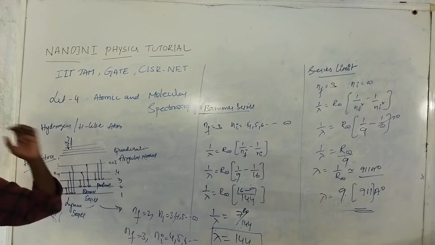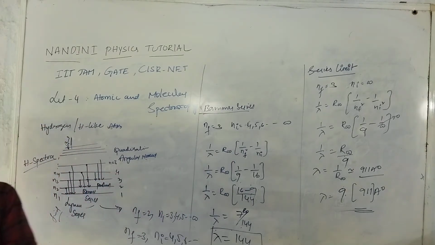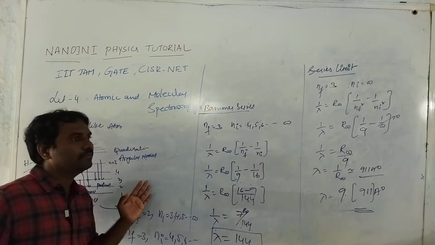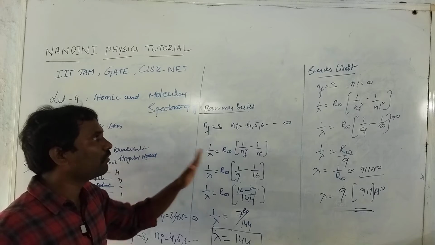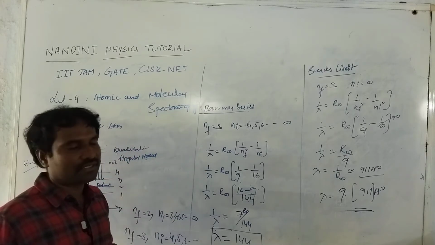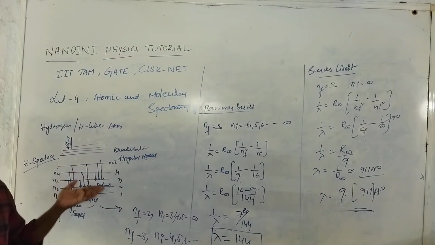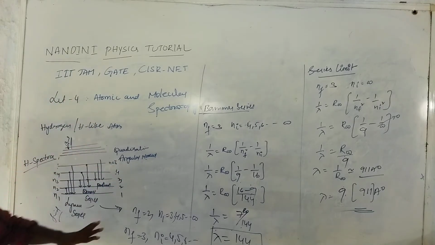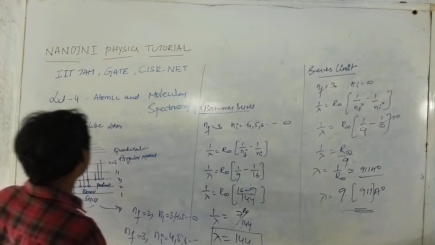These are very, very important for GATE and other exams because they ask relevant problems. In tomorrow's session I will explain the problems based on this question, the Balmer series and Lyman series. I can explain all these problems in one session. After completing the hydrogen atom, I'll explain some important previous questions on the Balmer series, Lyman series and Paschen series. So in any problems, at that time I'll find out all these things. Okay, so this is about the hydrogen spectrum. Okay, right.